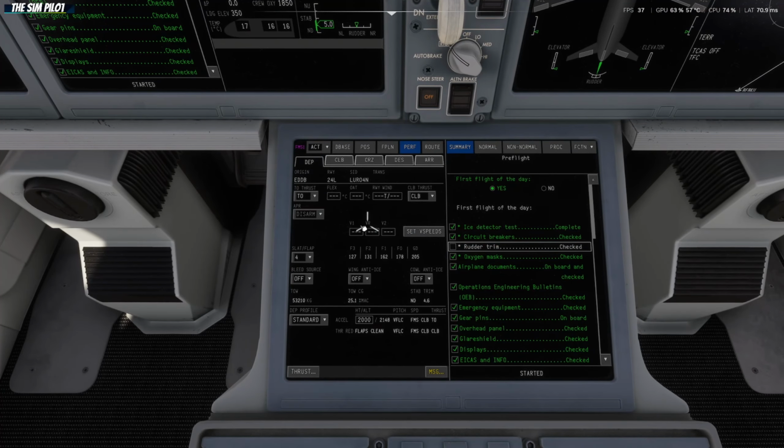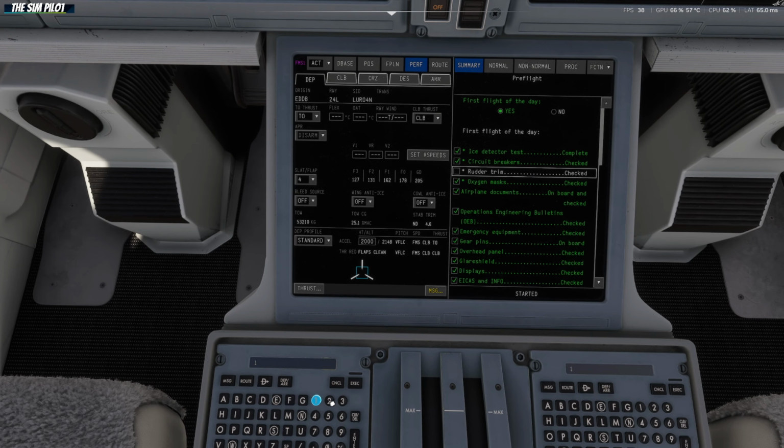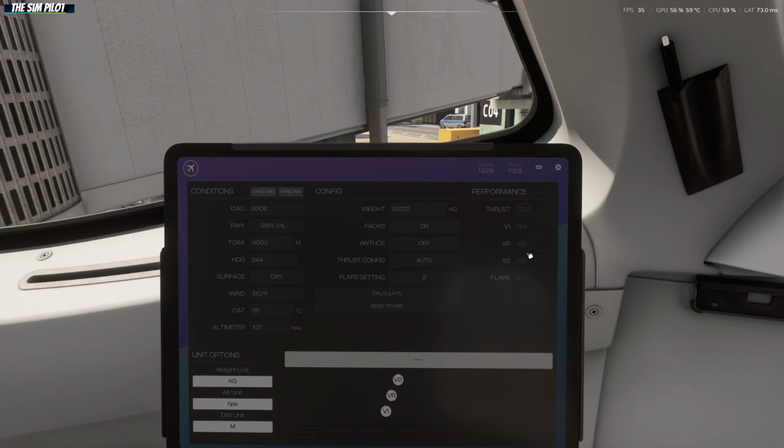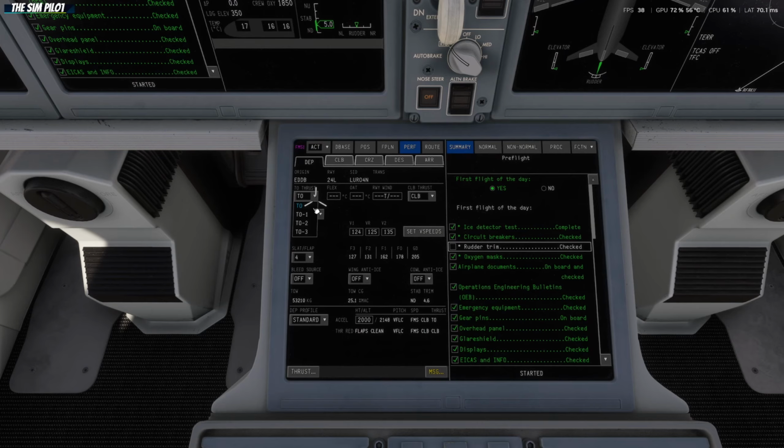If we go back, this is 124, 129, 135, right? That's what the speeds were. 124 2935 flaps 2 TO2. So we will select TO2, flaps 2, lead source will be engines, wing anti-ice and cowling